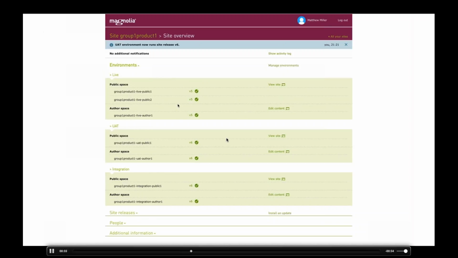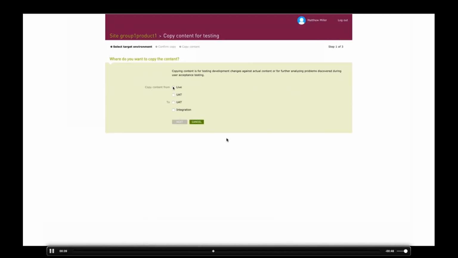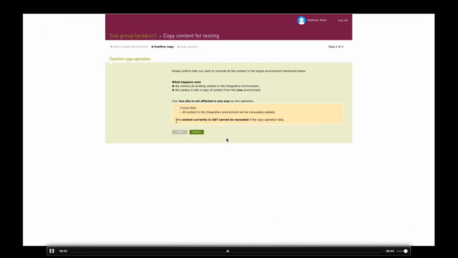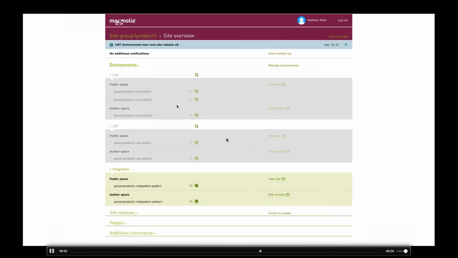So here it is. Optionally, you also have the possibility, if you need, to clone the production data to the UAT, if you really need real data coming from the production environment. We don't see that here, but you will also have the capability to select a specific backup as well.